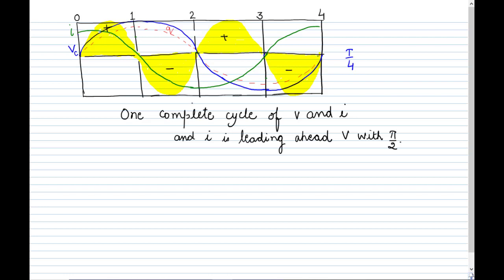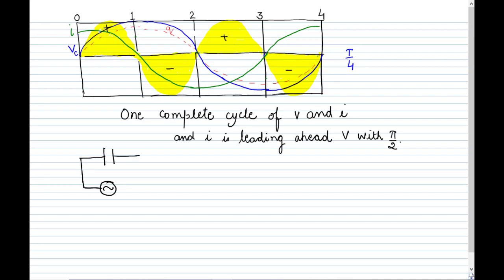So this is how easily we can draw a complete cycle for the voltage and the current for an AC voltage source connected to a capacitor. Now we will study all these steps one by one, from 0 to 1, 1 to 2, 2 to 3 and 3 to 4. So let us begin with 0 to 1. For 0 to 1, we will draw a voltage source, that is an AC voltage source, and then we are connecting one capacitor to this.